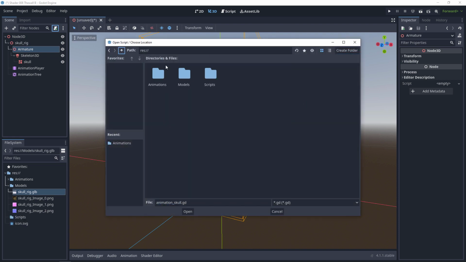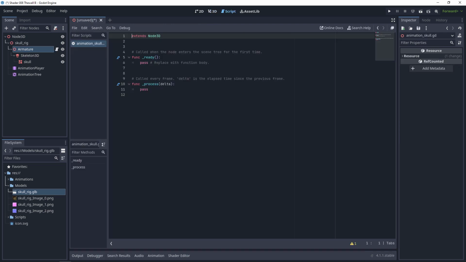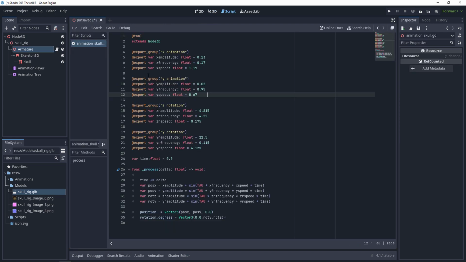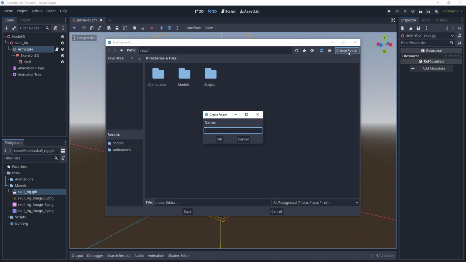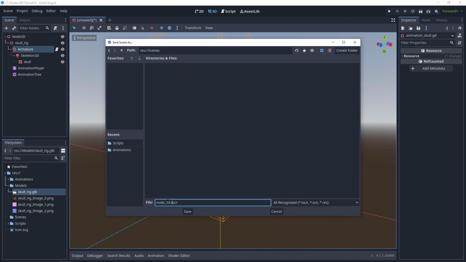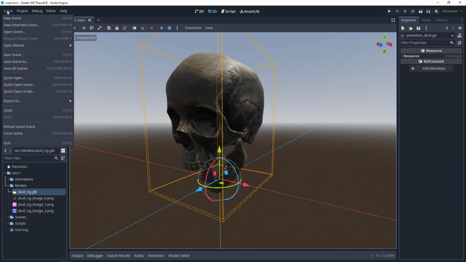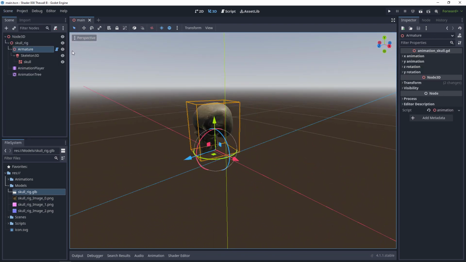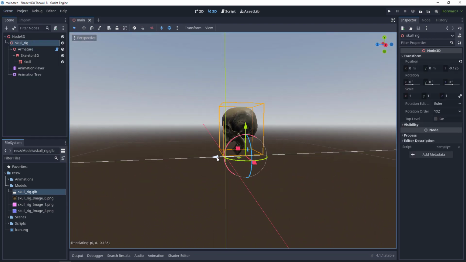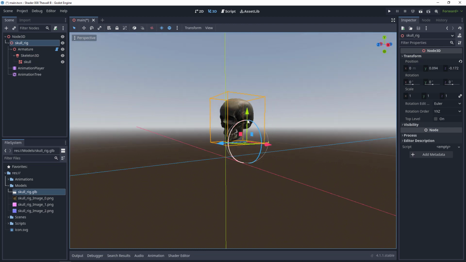Now, in the armature, I am going to assign a script to animate the skull. I just copy this script that animates the position and the rotation with the sine function. I will save the scene and reload. This way, you can see the changes in the animation. I will move back a bit,